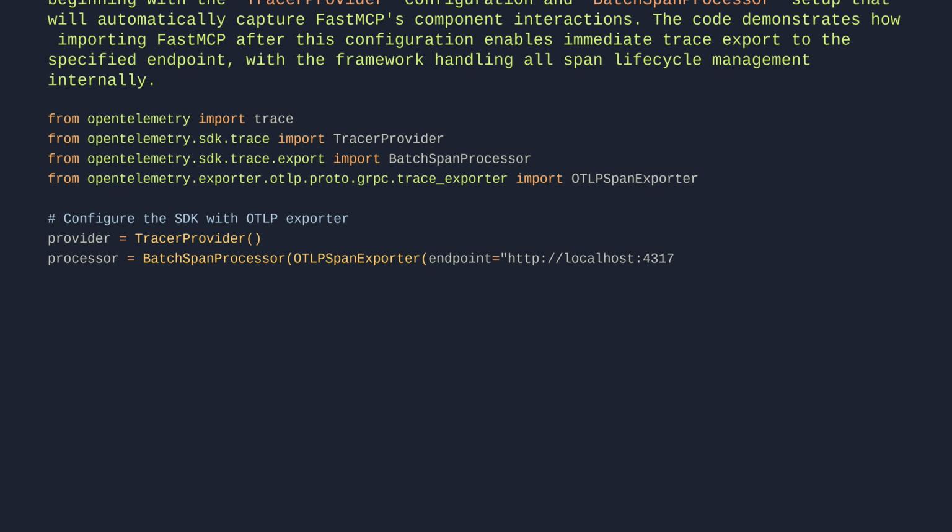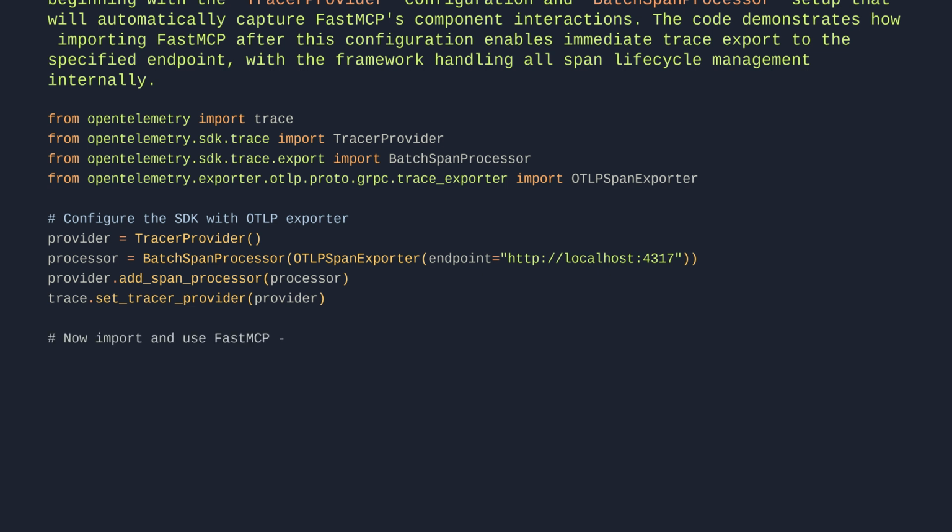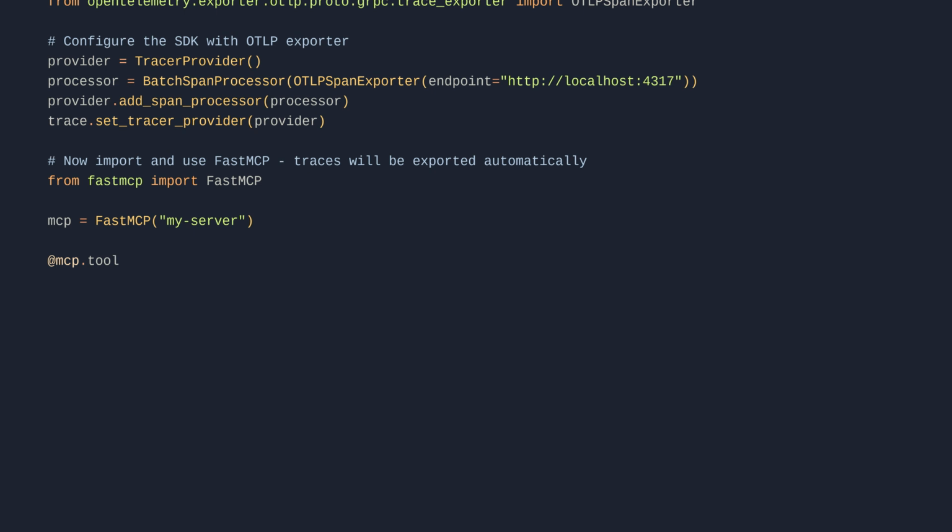http://localhost:4317")). provider.add_span_processor(processor). trace.set_tracer_provider(provider). # Now import and use FastMCP, traces will be exported automatically. From fastmcp import FastMCP. mcp = FastMCP("my-server"). @mcp.tool def greet(name: str): return f"Hello {name}"